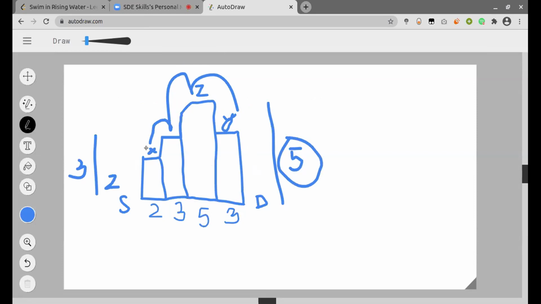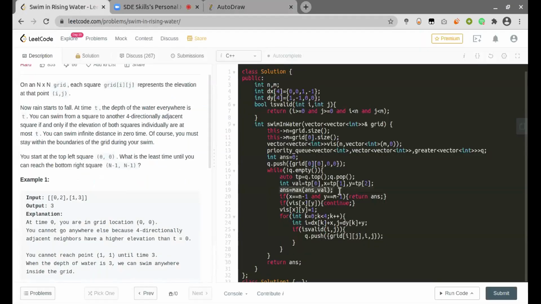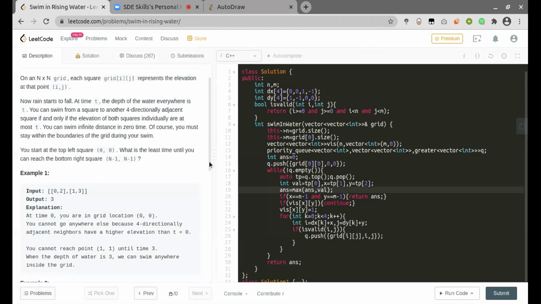This is why when we try doing BFS, we always try to pick the final answer as the maximum height of the grid at that particular index. So this is why I was taking the maximum of all the values. But since we are using a min priority queue, this value will always be the minimum one, so as to get our optimal answer, which will be the least time to get through this final index.